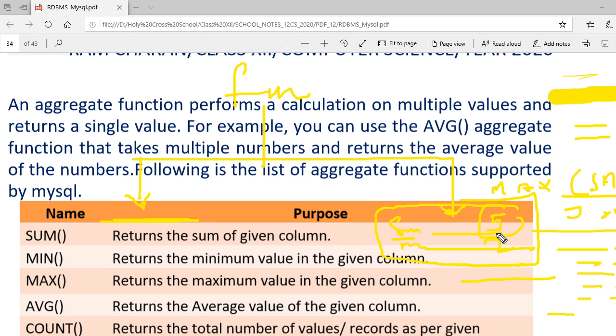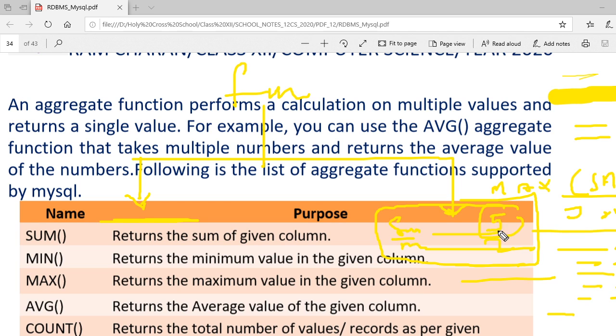Got it? Here you will use the select command, where command, but here specifically one more is there, which is known as the group by clause. Understand? It is going to work on a group of tuples, or an aggregate of tuples, where it makes more than one tuple, then we use this multiple row function. Got it? So now we are going to find out what functions are available here.